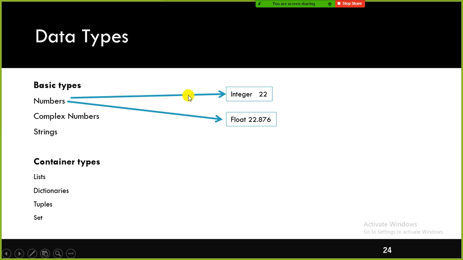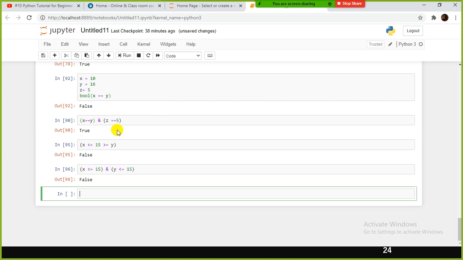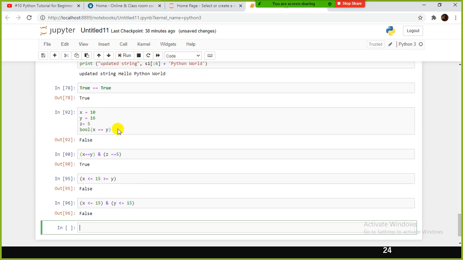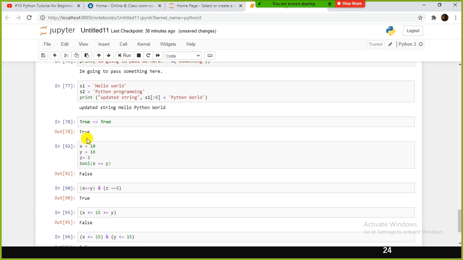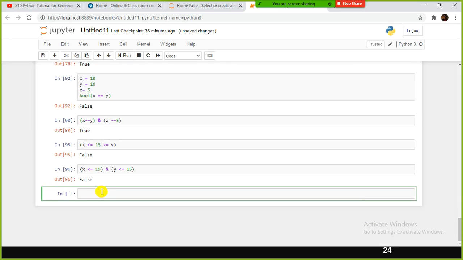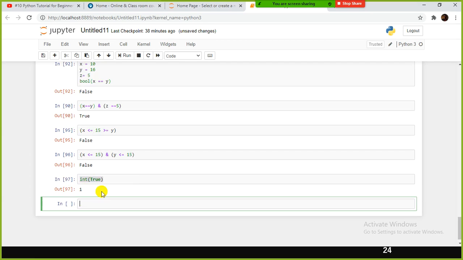Okay, next, this is what the Boolean operators are: and, or, true and false. This is the Boolean value. For example, with type conversion, if I use int of true, what will happen?